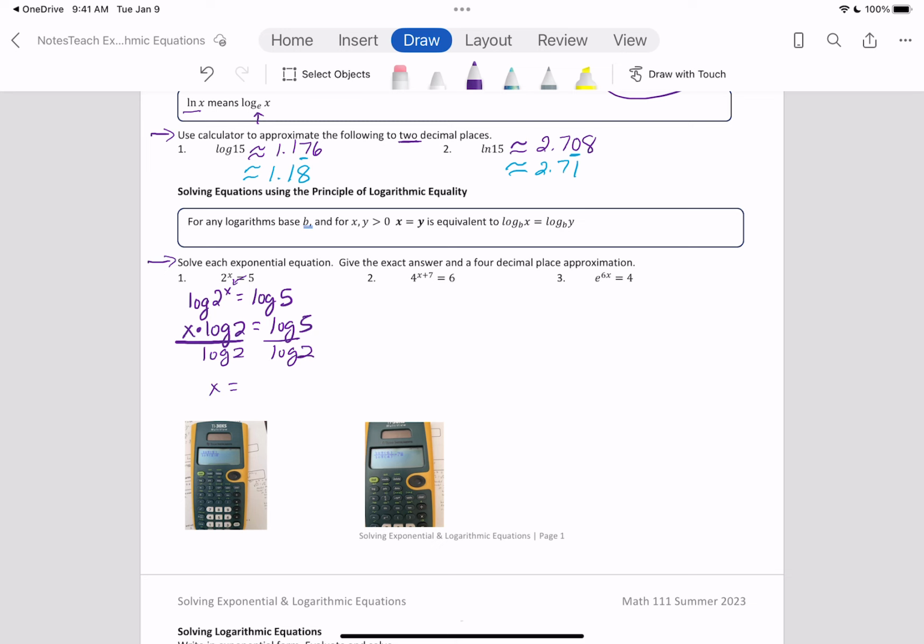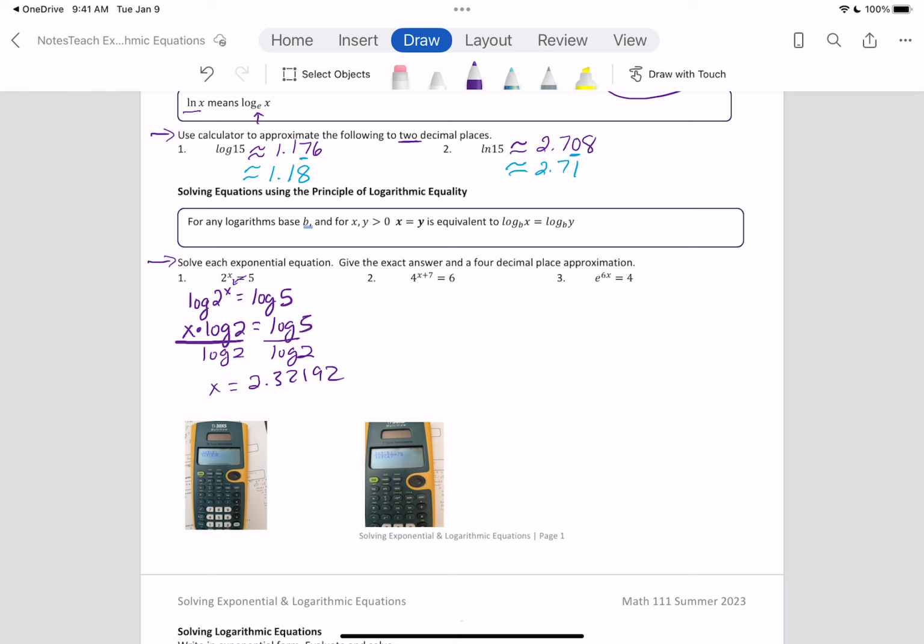I know that the calculator pictures that I put here are very small. What I'm going to do is underneath the notes for this lesson, I've made a file of these calculator images that are larger, so hopefully you'll be able to see them better. I don't have access to an emulator here at home, so I'm trying to make sure that you understand how to enter these correctly. When I put in log 5 divide log 2 in the calculator, I got